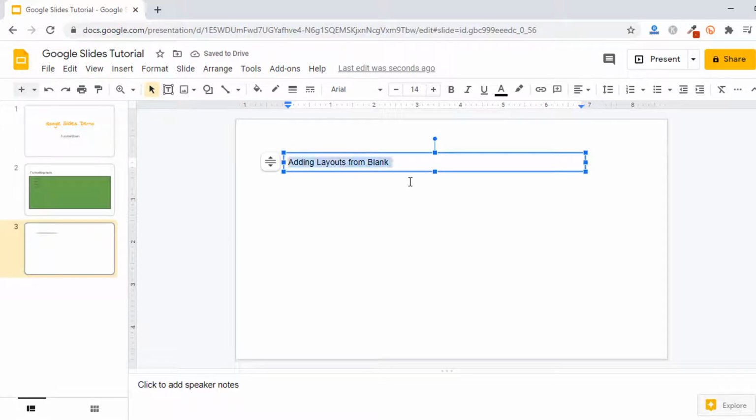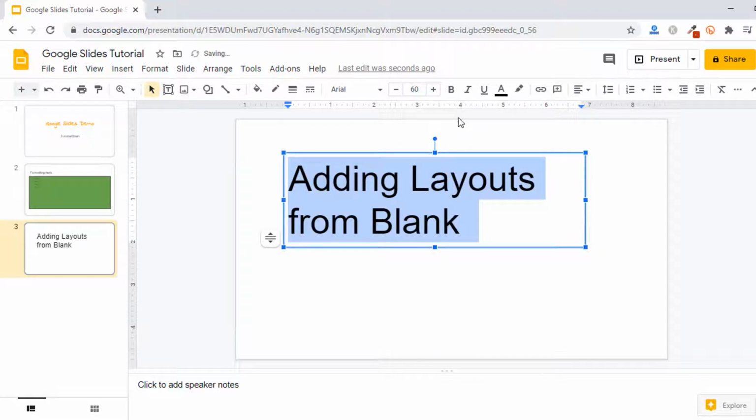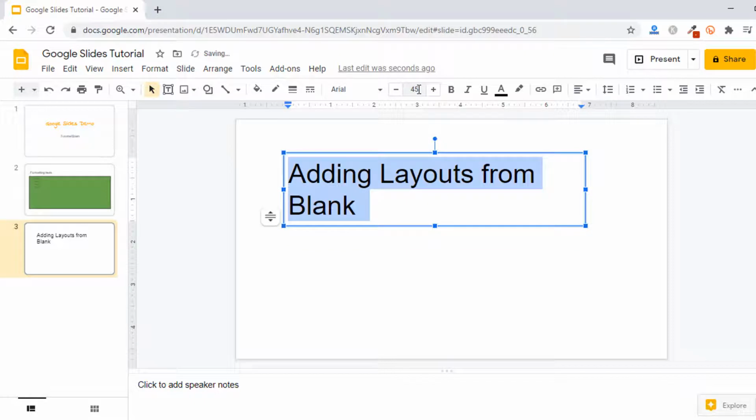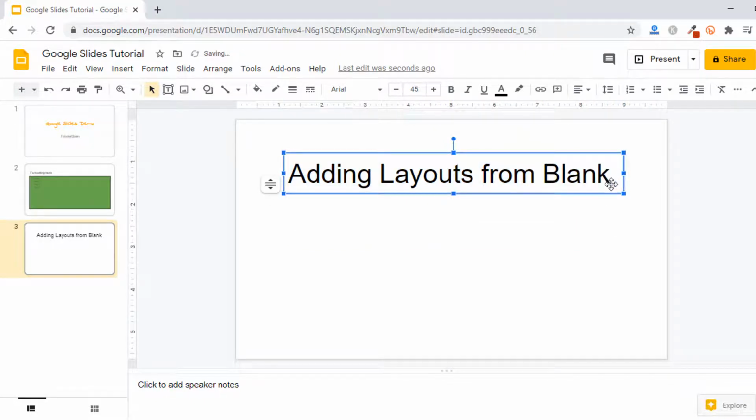Alright, and I'll just increase the font. Let's say I can just make it 60, and I think 60 is more, so let me just make it 50, or let's make it 45. Alright, 45 is also more, so what I can do is either I can increase this, right, or you can decrease the font. So as per your requirement you can do this.